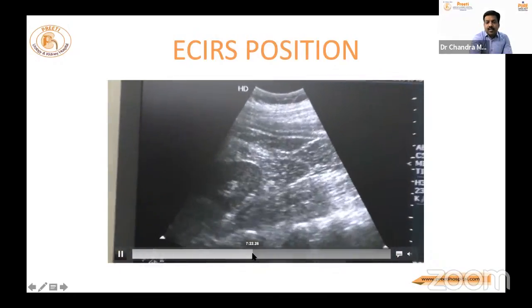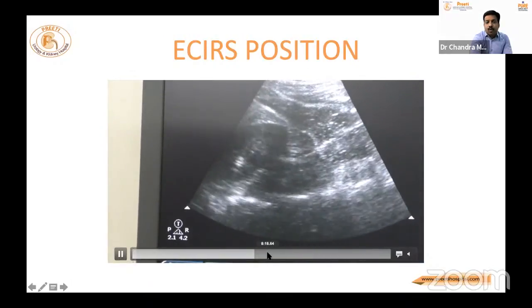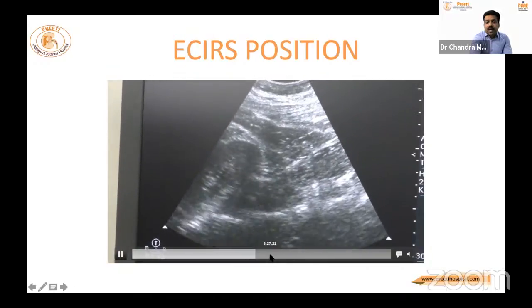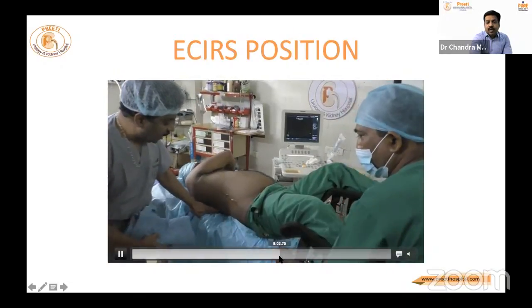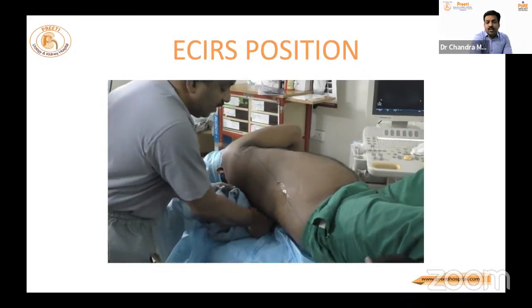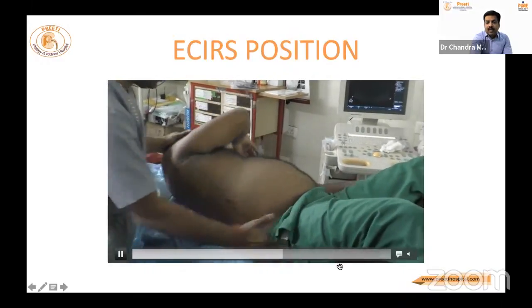Now coming to the ultrasound, you can see so clearly the muscles of the abdomen and the kidney. Whenever you shift the probe from anterior to posterior, the entire kidney is free from the colon and the liver. These are the positions which we show here. See, this is the position, a simple position. One small bolster below the shoulder blade, and one at the